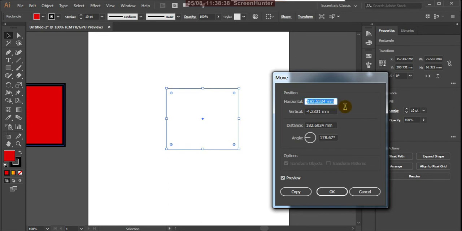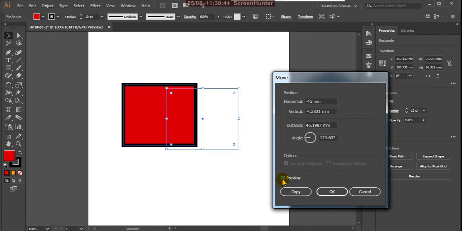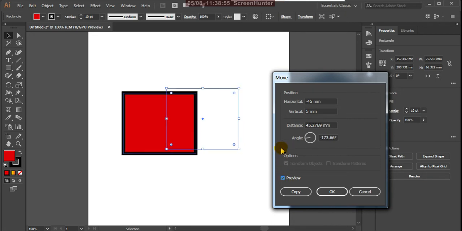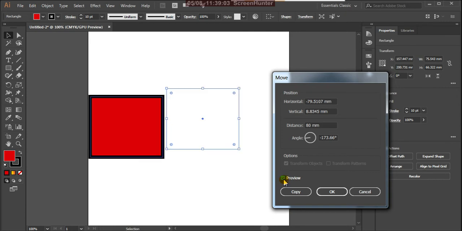Suppose minus 182. So here click just 40, and on the preview, see it changes that much only. And here you can give the value of 5 and then turn on preview, and it is moving. And suppose the distance also you can change, suppose 80, and you can give that.